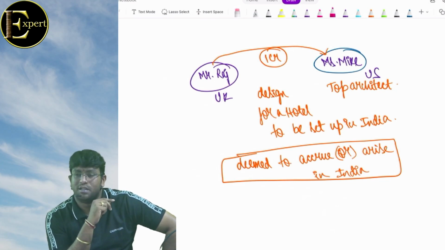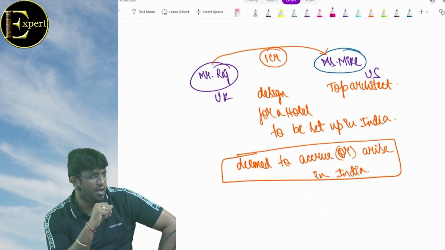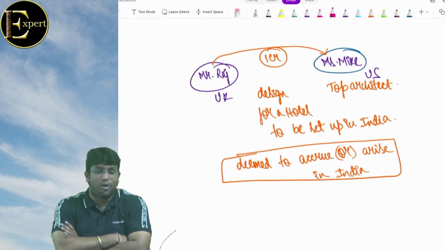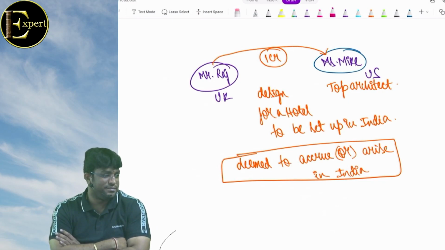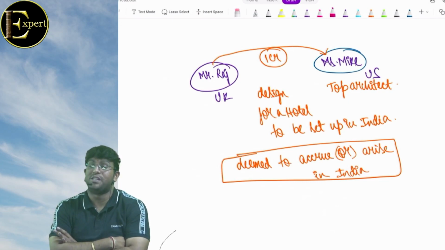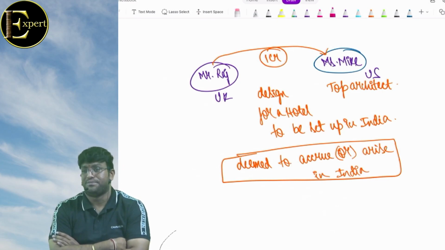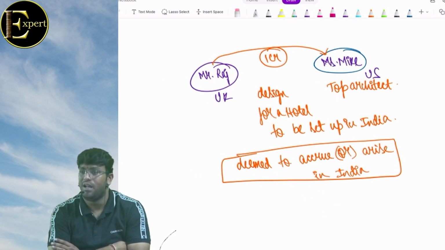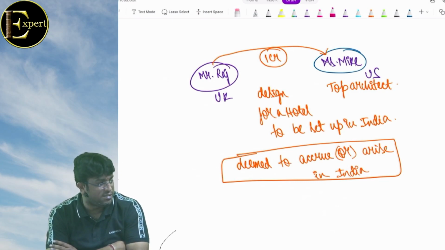Deemed resident. How many conditions are there? What is the first one? He must be an Indian citizen. Next, total income other than foreign sources more than what? 15 lakhs. Then he is not liable to pay tax in any other country by reason of his domicile, residence, or any other criteria of similar nature. Understood? Is everyone clear? Can I proceed, my dear friends?